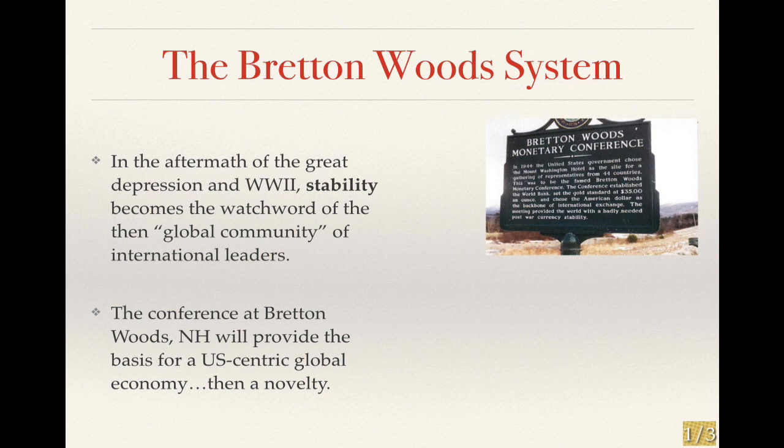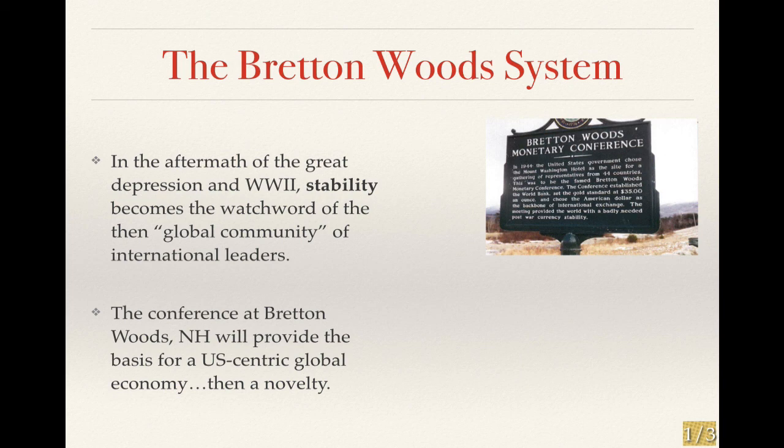So in 1944, the global elite, basically a series of finance ministers, treasury ministers, and sometimes heads of state, get together in the little town of Bretton Woods, New Hampshire. And they hash out what is basically almost a global economic constitution, with the global economy sitting squarely on the shoulders of the US. We in the US are going to set the rules and in a lot of ways set the template for economic activity and economic life on a global scale.